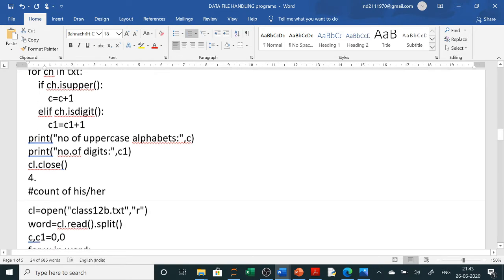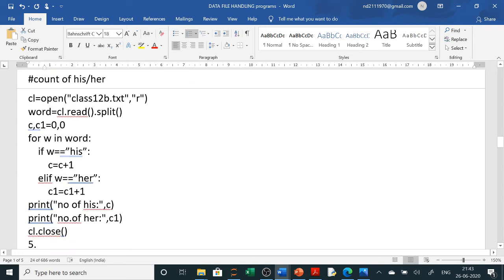In the same way, if the question is to count his or her, you will open the same file. Now wherever word is involved, you have to write read, then either in the second line write word dot split, or here only you can write dot read dot split. Split will split the paragraph into words.